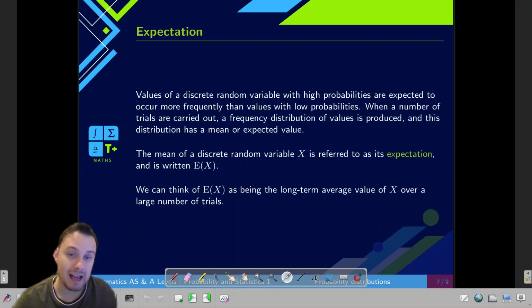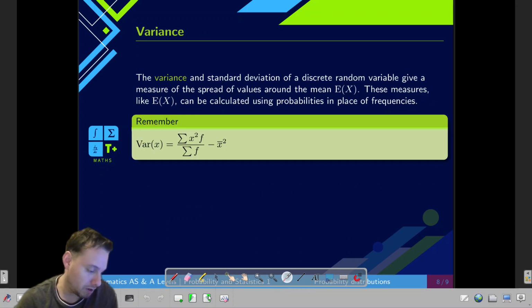So we have this expectation, and we're going to be using, for now, E of X. This is one of the accepted notations. You will see that when we get into depth with the binomial and the geometric distributions, we're going to be including other notations for this as well. But this is one of the most general ones that we use. And then we're also going to include the variance and standard deviation of a discrete random variable.